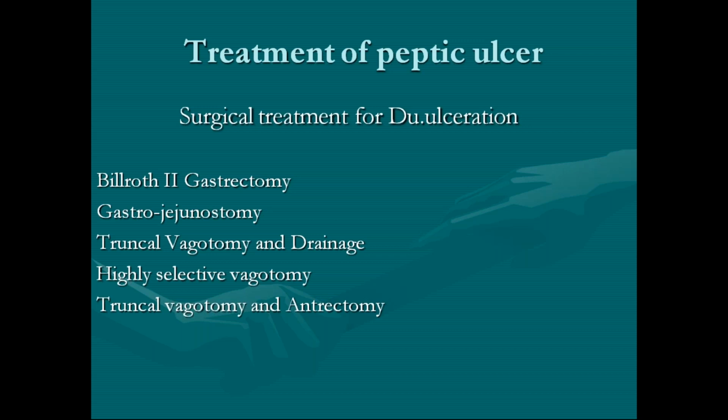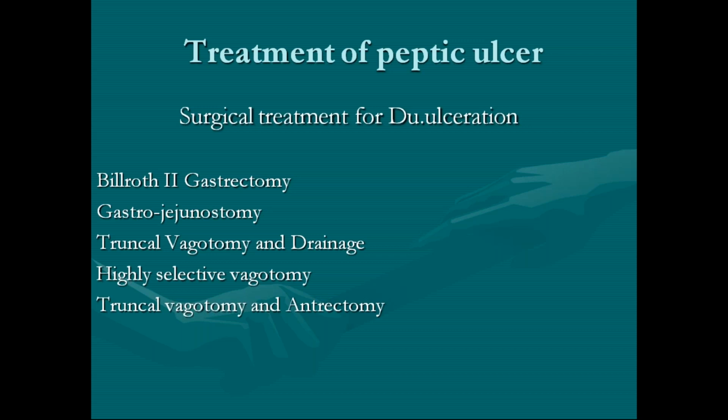So you are doing a resection here. There is an advantage of performing a resection in case of gastric ulcers, because we have to prove every time that a gastric ulcer is not malignant. There is a high chance of a gastric ulcer turning out to be malignant. So sometimes resection of this ulcer can be beneficial. Okay. Then what is this Billroth 2 gastrectomy? Billroth 1 is gastric resection and gastroduodenal anastomosis. Okay. Then what is this?